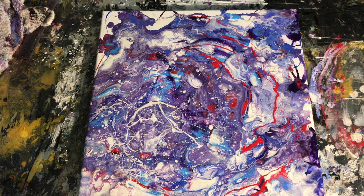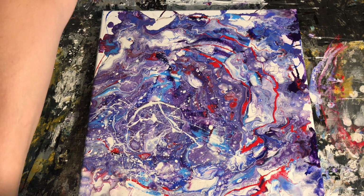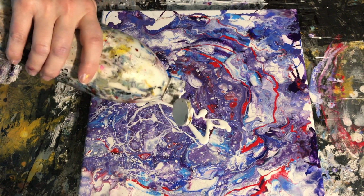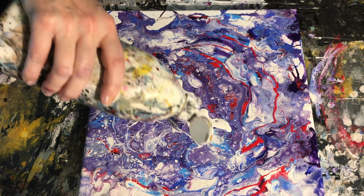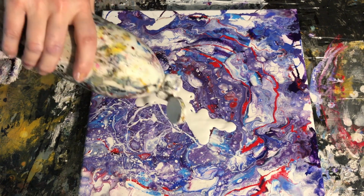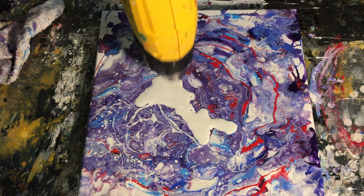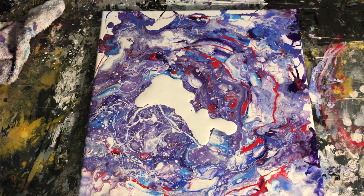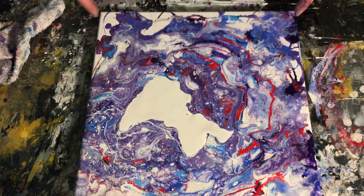But don't feel, I've seen some beautiful paintings, and I'm like, oh, stop, and they're just so determined to get all four sides and corners done that some of their beautiful cells and colors are getting completely spilt off the canvas because they're so focused on getting all those four corners covered. And I'll sit there and watch some really gorgeous moments that they're gone, they spill over the side, and that's it, they're history. And I think it's because the artists are so involved in looking at the four corners that they are missing out on,